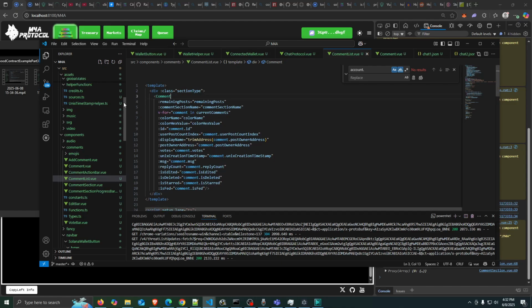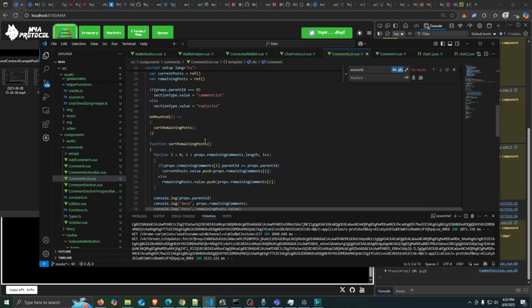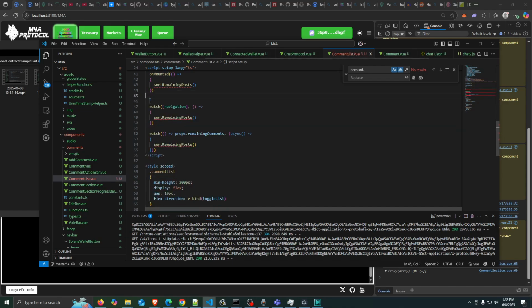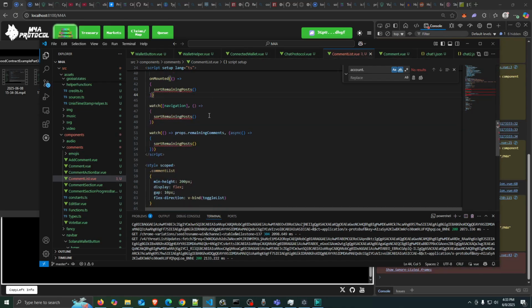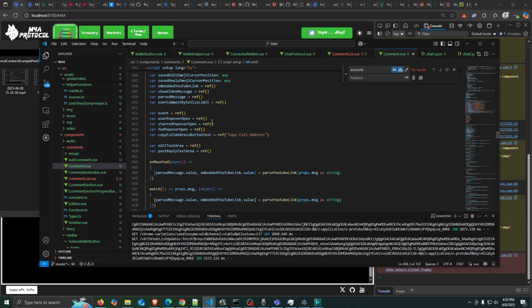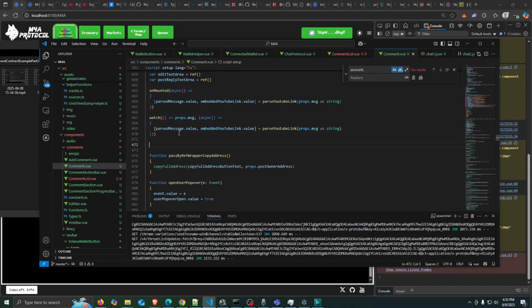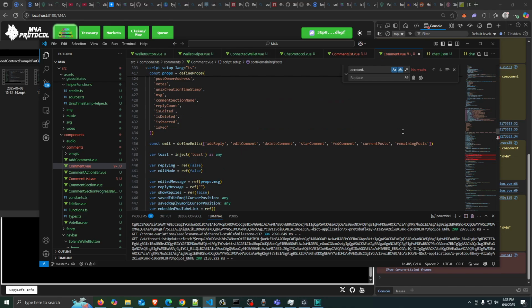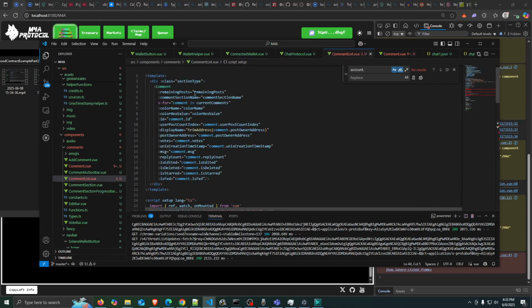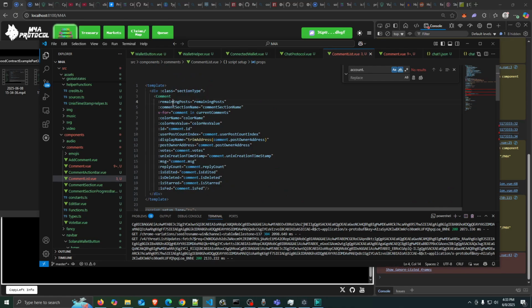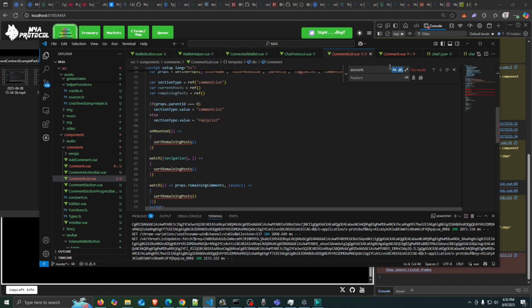So we don't need current posts. We just need the remaining posts, and then inside of the comment, I think is when we would actually want to do this. So inside of the comment, put this here. Go ahead and give it the name it had. Let's just say remaining comments. It's remaining posts, but